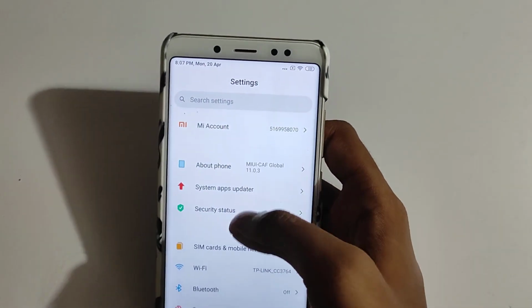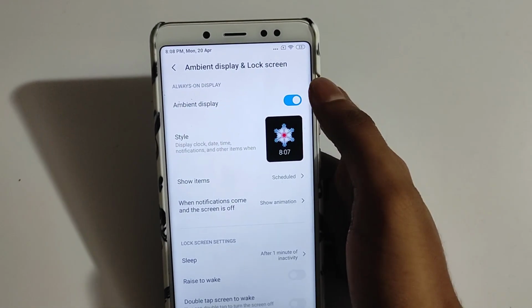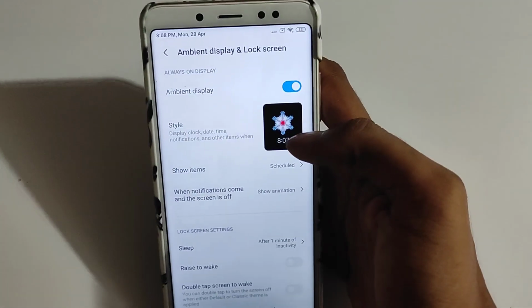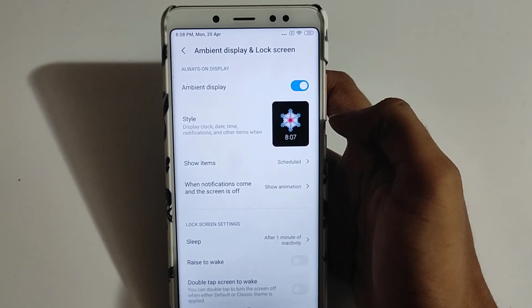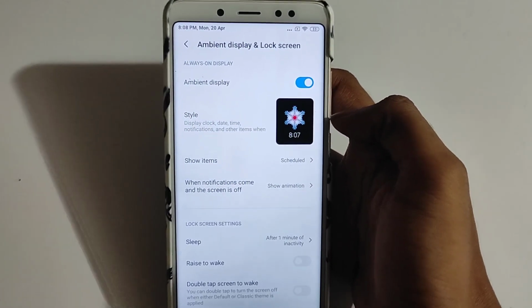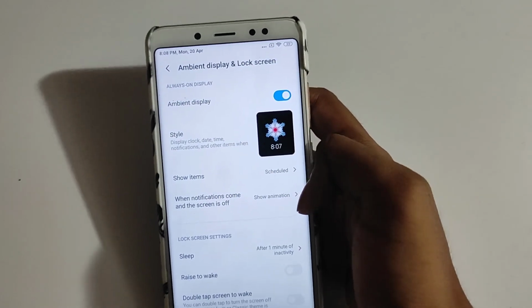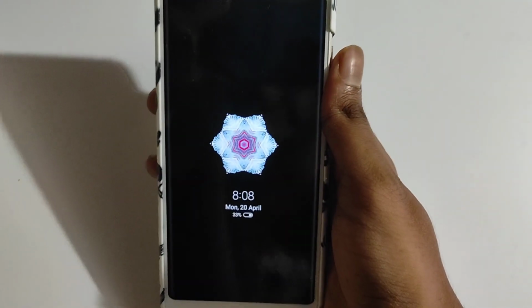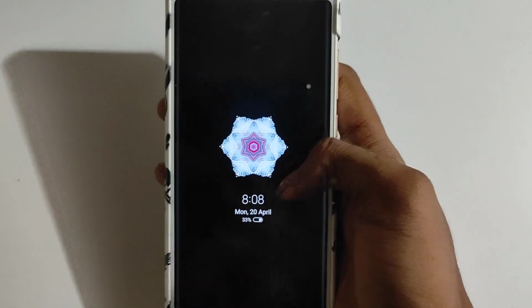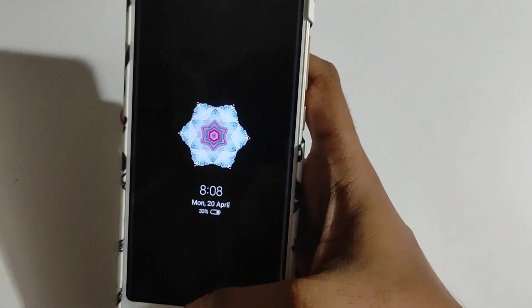So yeah, also you will get option for ambient display, which means the always on display. So you can simply turn it on if you want to, and I wouldn't recommend to turn it on because this phone has LCD display. If you turn this on for the long time, it will burn out your display. So don't turn it on. I will simply turn it off, but it's cool. You can schedule it for few 5 or 10 minutes. So let me show you guys how it works. So after you turn off your device, you will get this small logo and the timing. So yeah, that's pretty cool.